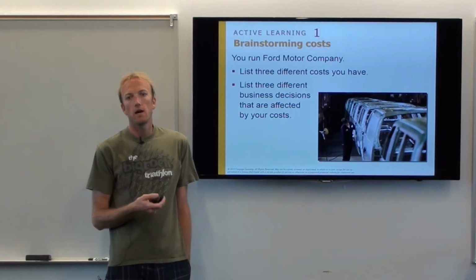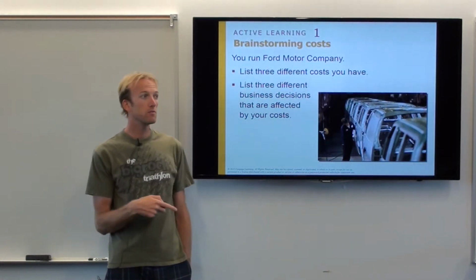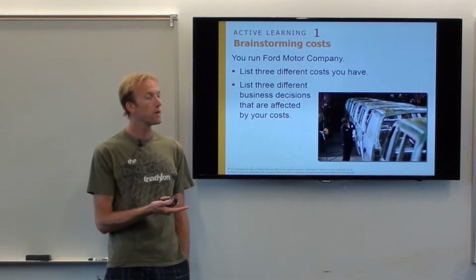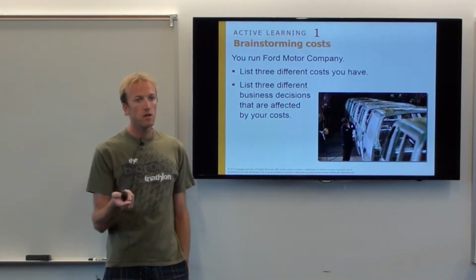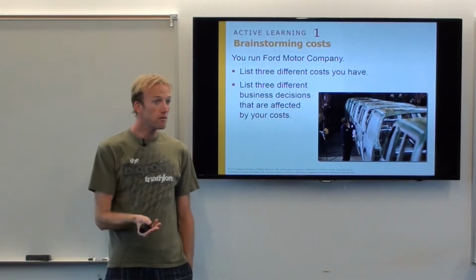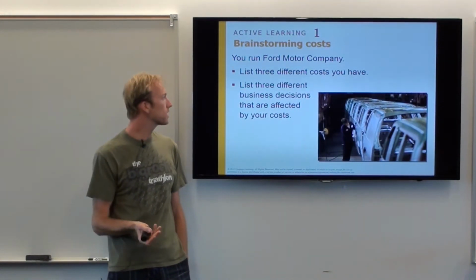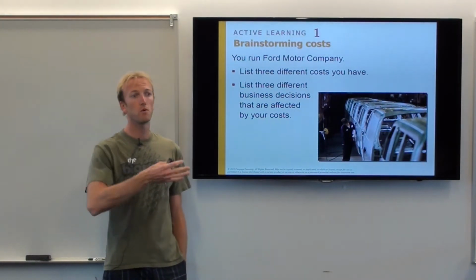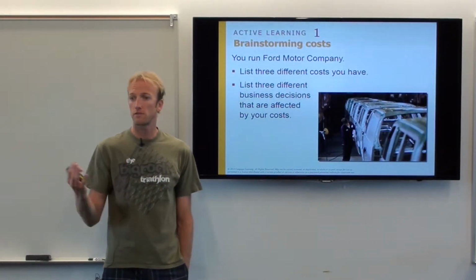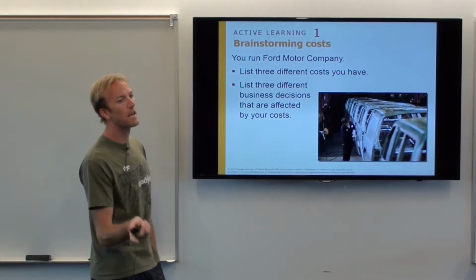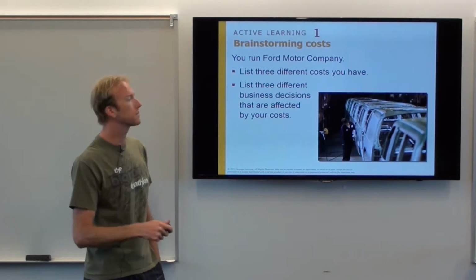So, the cost. Materials, it might make you decide whether to use more or less of them in a car, right? Labor. Well, if labor is expensive, should I switch more to those robots instead of the people? Right? Factory prices. You might decide to build one big factory versus a couple of small factories or something like that. Okay. All costs, and they all change my decision-making process.